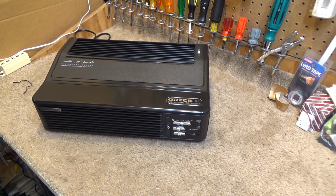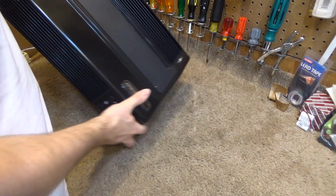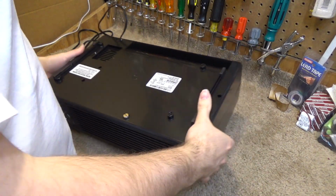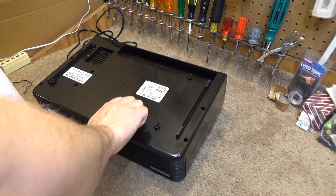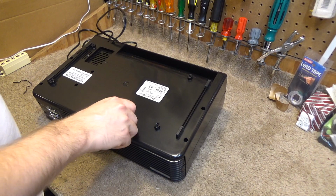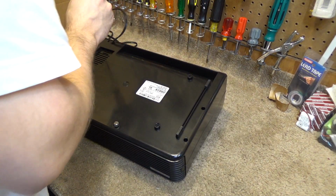Hello viewers, we're back with the Oreck XL Professional Air Filter Signature Series, and I want to see if we can take this apart briefly and lubricate the motor and see if there's anything loose in here, because it was making kind of a crummy sound before. So it appears to be